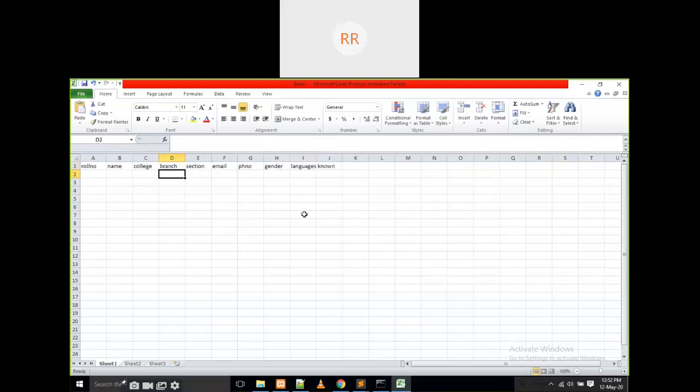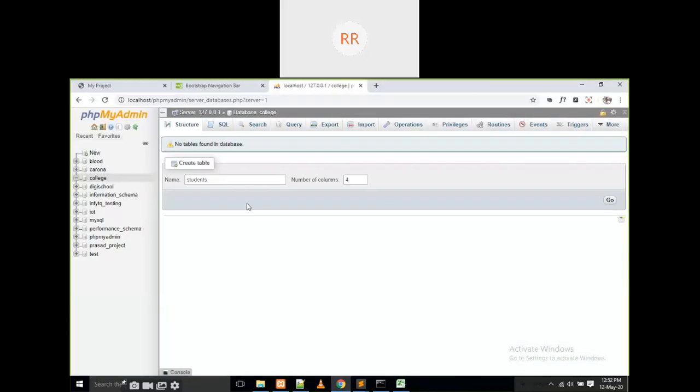Like this I am going to create. Some image also, but there is no need to write it here. Okay, these are the fields I am going to add into my table. How many are there? 1, 2, 3, 4, 5, 6, 7, 8, 9. Totally 9 fields are there, so I am going to write 9. But instead, we are going to take 10. One more we have to add.